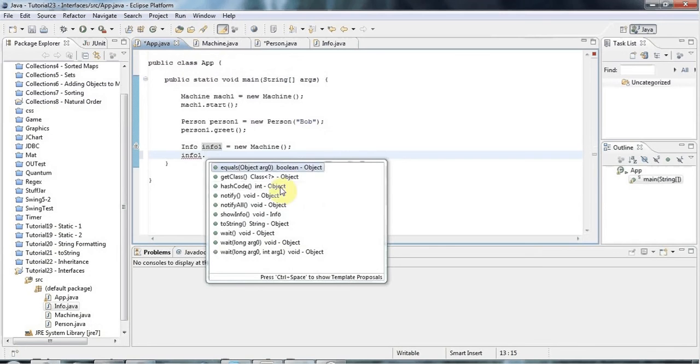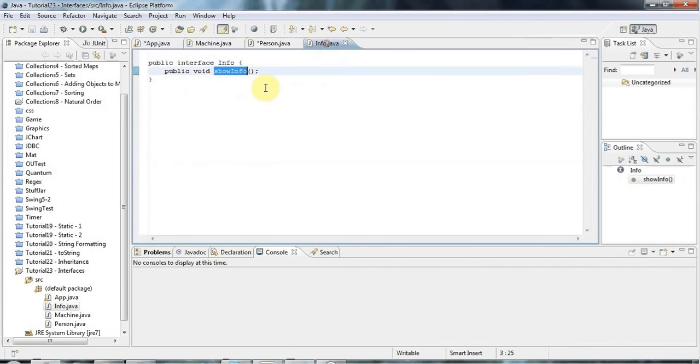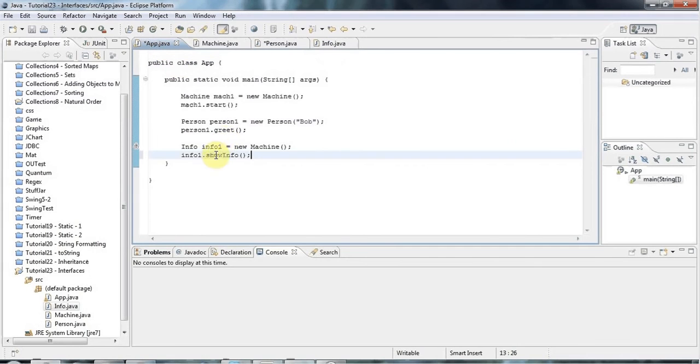Okay, here are a bunch of methods that are in the Object parent class of all objects, but the only Machine-specific method that I can access is the one defined in the interface, this Info interface, which is showInfo. So because I define showInfo in this interface,